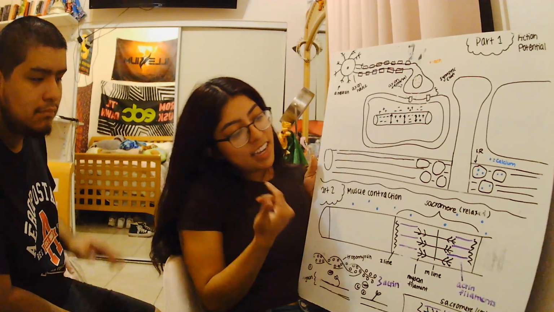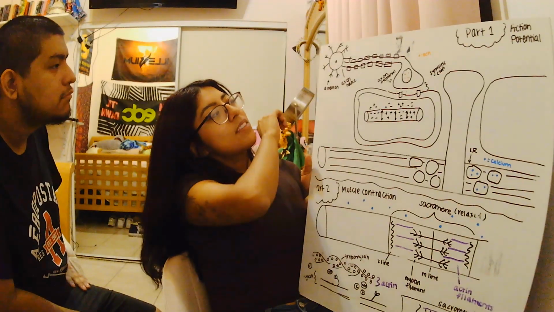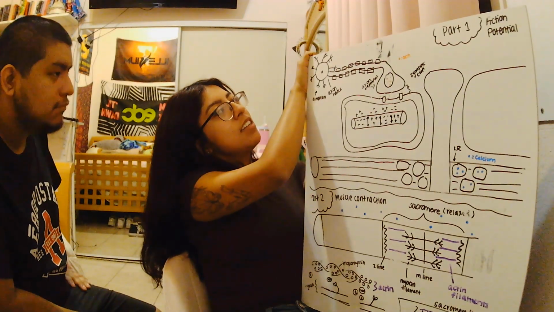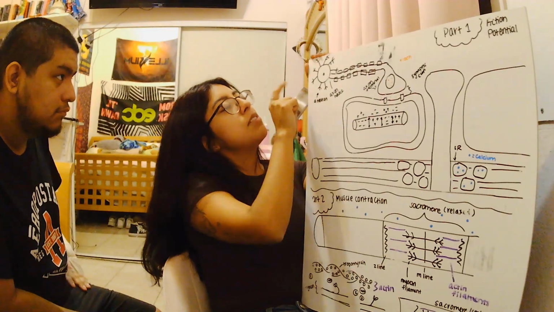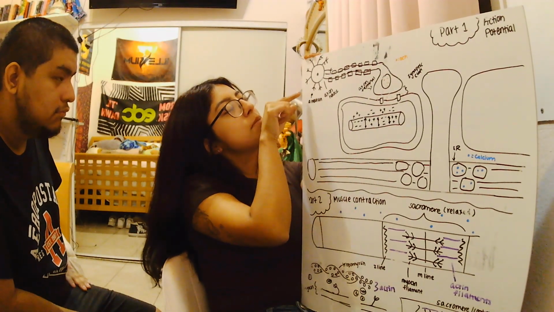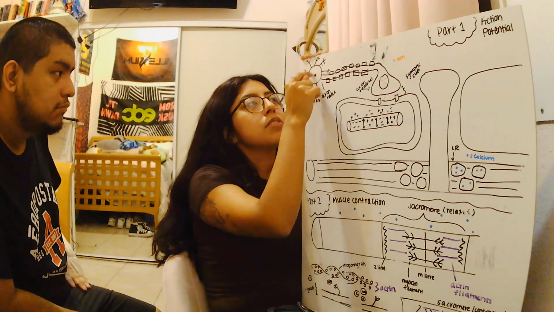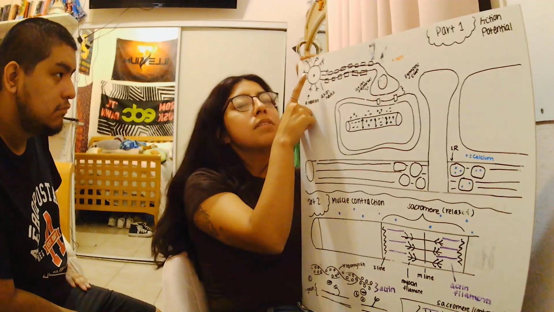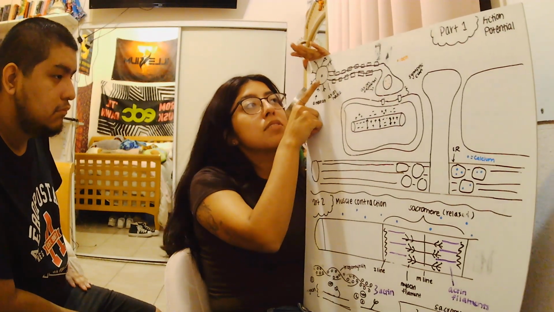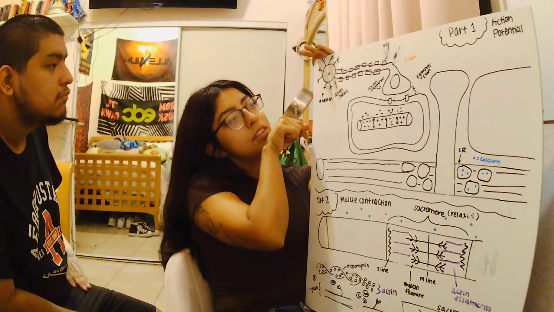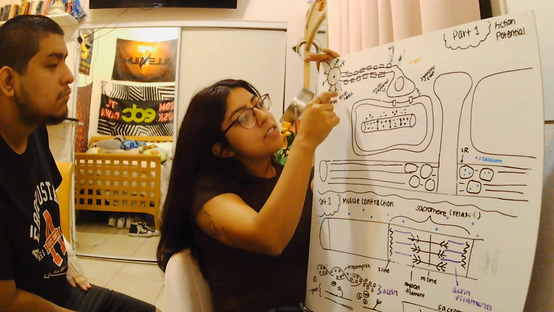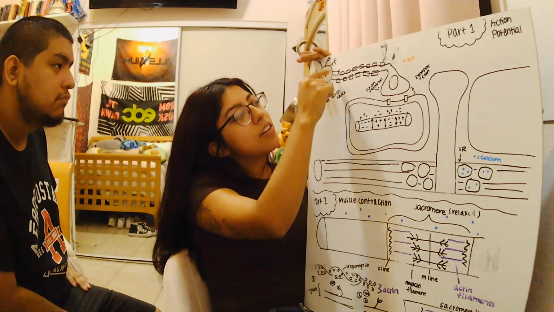So I'm going to be teaching my brother action potential and muscle contraction. So everything starts up here with the neuron. So stimulus is going to be received through these dendrites, and then that stimulus is then going to go to the soma, which is this part right here. And the soma is going to determine whether or not the impulse is strong enough to send to the rest of the neuron. And if it is, it's going to go to this little section right here called the axon